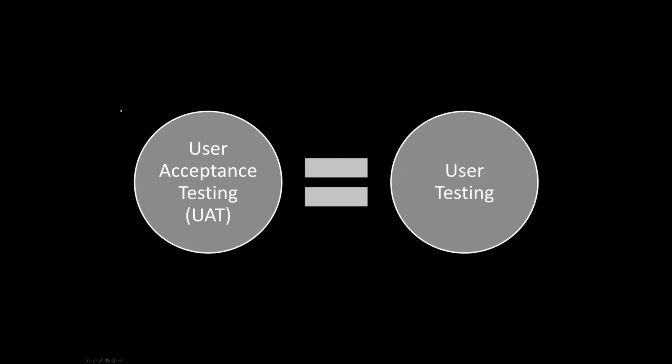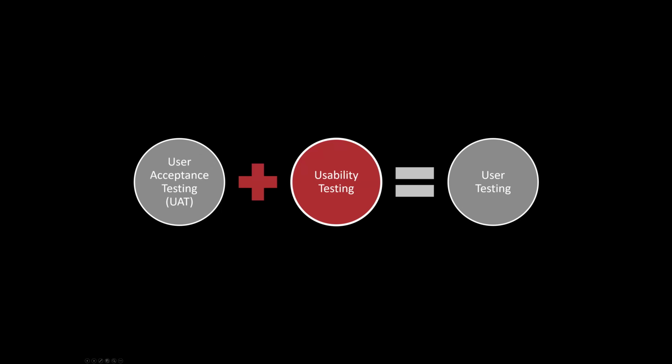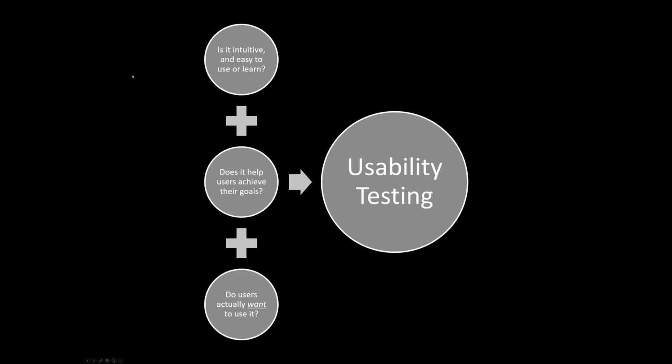And that's where usability testing comes in. So for FPT, we wanted to make sure we were building the right product. And so we added usability testing to our testing process. In usability testing, you look at 3 different things. Is what you're building intuitive and easy to use or easy to learn? If maybe on the first try someone doesn't get it, but after the second or third time they got it, then that's what we consider easy to learn, and that's cool.